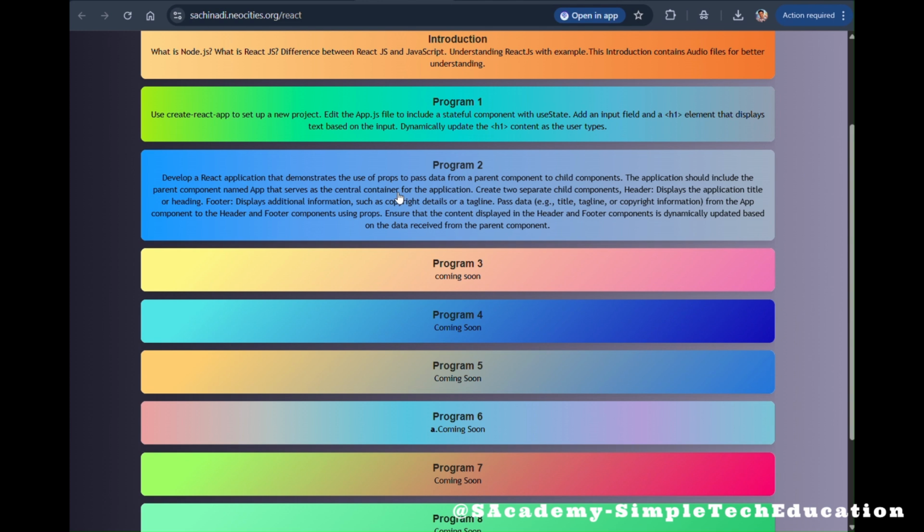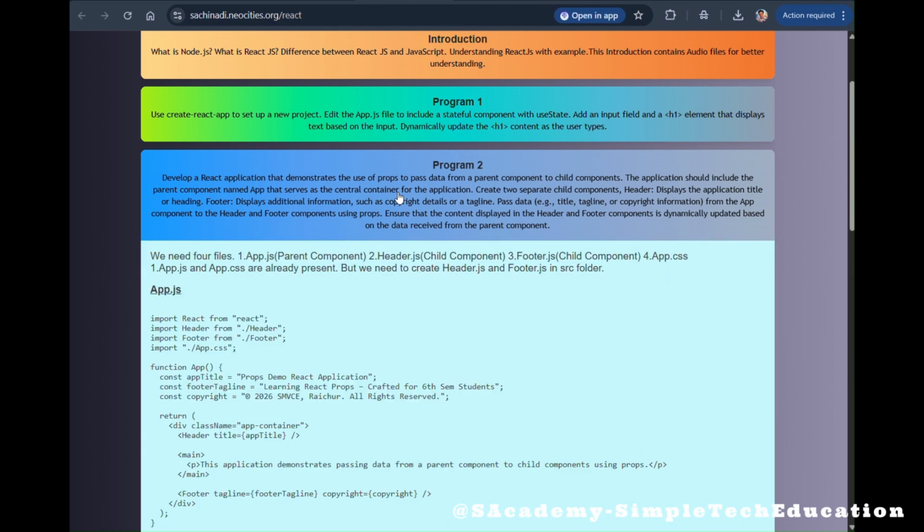Here the application should include a header, a footer, and a body, that is app, and from the body, that is app, it has to pass the information to the header and to the footer dynamically. So here we have to create 4 files, in which app.js and app.css will be already created